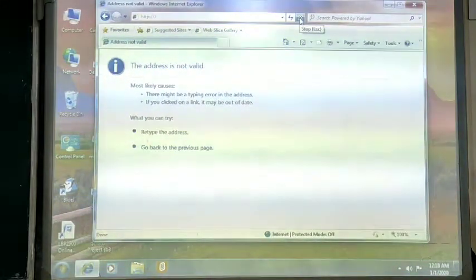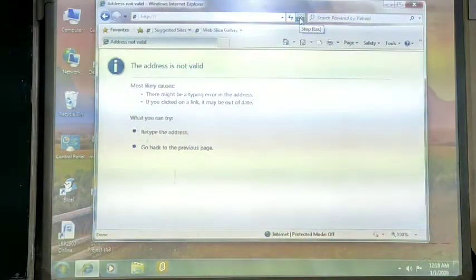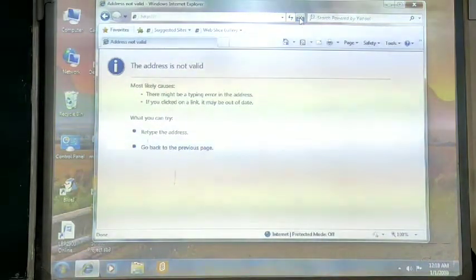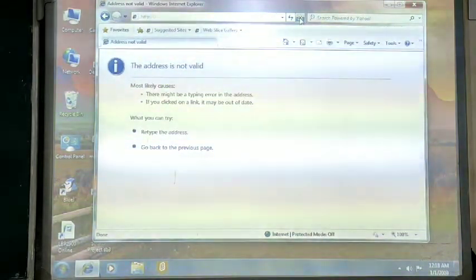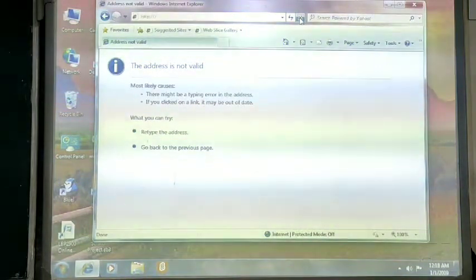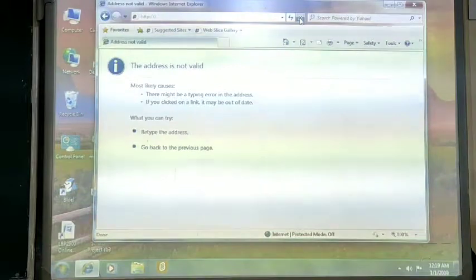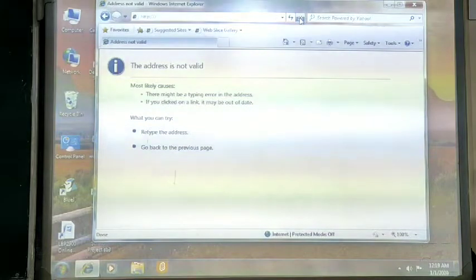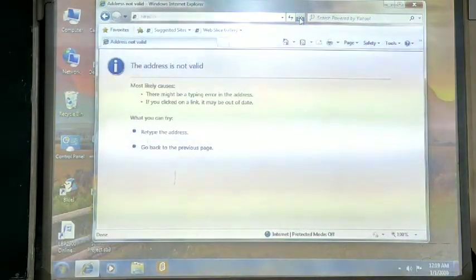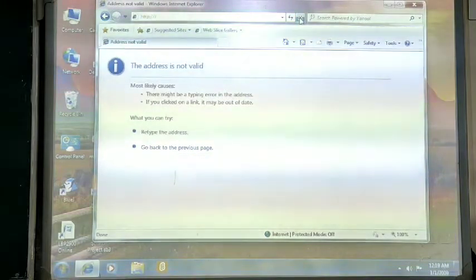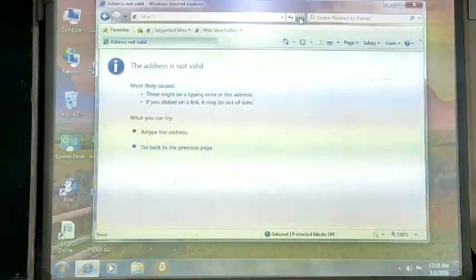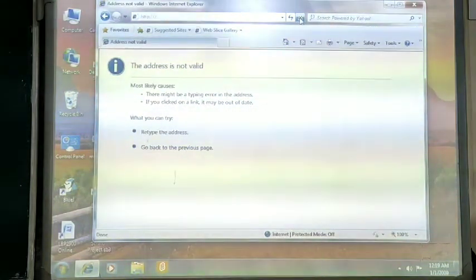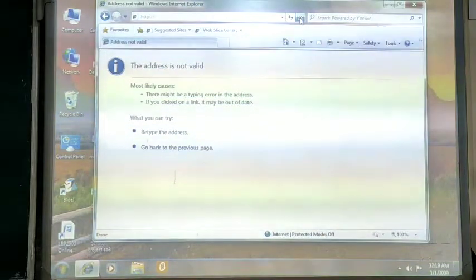Suppose you have clicked on any particular link or typed the web address of any website and it goes on opening, and you think that you do not want to open it, or you have entered the address wrong, then you can just click on the stop button, or you can press the escape key on your keyboard and make it stop.